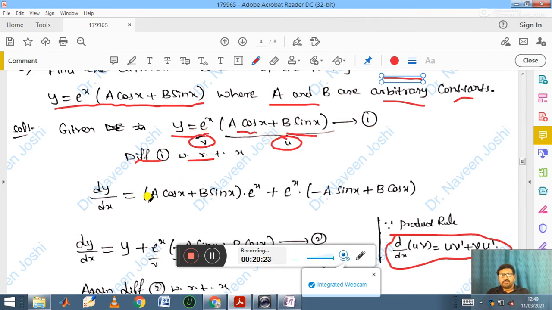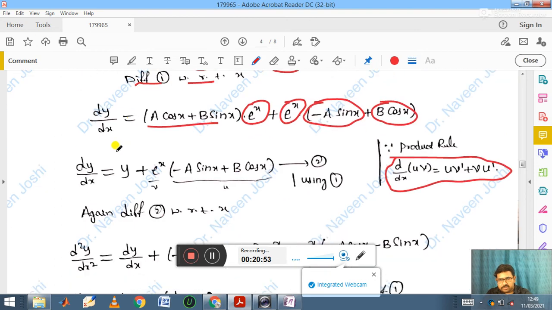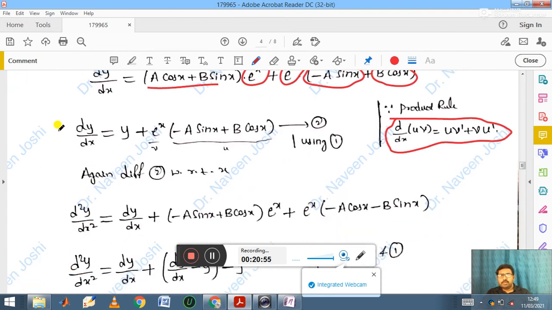So u, the first function, as it is, a cos x plus b sin x, times the differentiation of e power x, which gives e power x, plus the second function as it is, that is e power x, times the differentiation of the first function. Differentiation of a cos x gives minus a sin x, and differentiation of b sin x gives plus b cos x. Then if you simplify this, in the next step you are getting